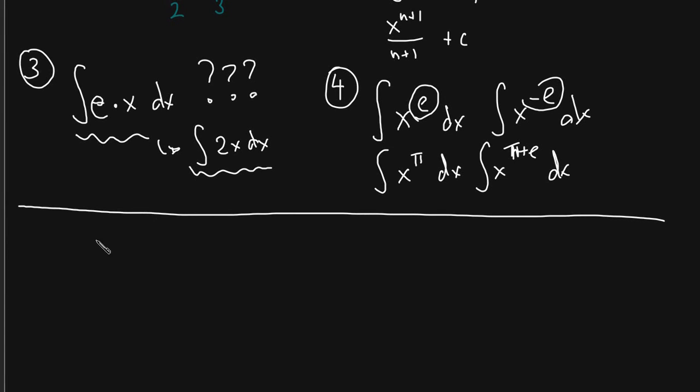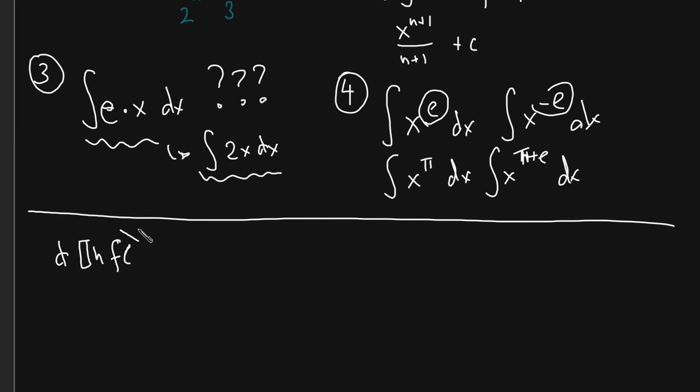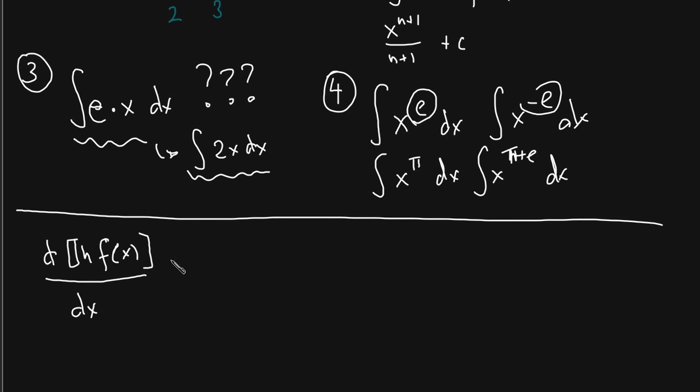Now the next set really focuses on the derivative of ln of f of x, right? This is where students seem to have a little bit of difficulty, because while they learn in Calculus 1 that its derivative is f prime of x over f of x, they also forget it in Calculus 1. So by the time they get to Calculus 2, an integral of the sort, and this is probably a little bit on the evil side, but it's worth asking, right?